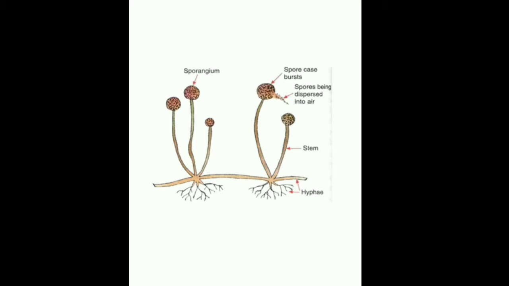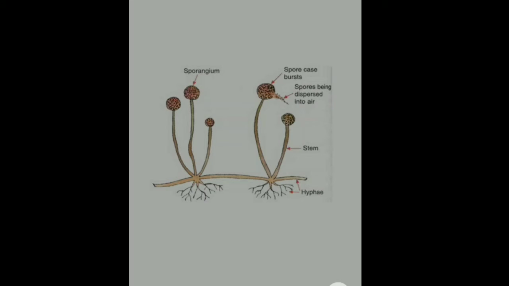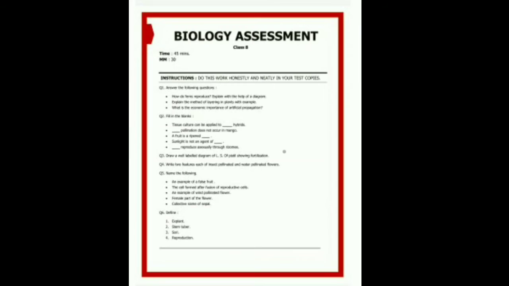The next question is, explain the method of layering in plants with examples. Now you will write that in plants like guava, lemon, china rose and jasmine, any 2 examples are enough, even if you don't give all of them. The bark of a small portion of a lower branch is removed. This branch is bent and the portion of the stem without the bark is covered with moist soil.